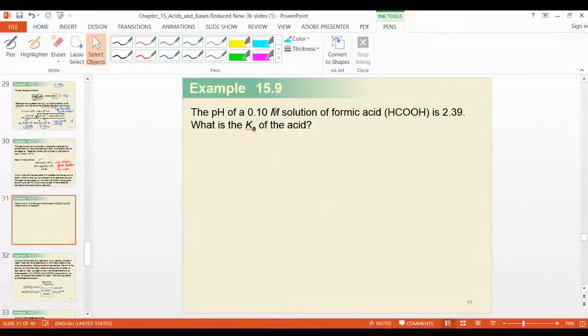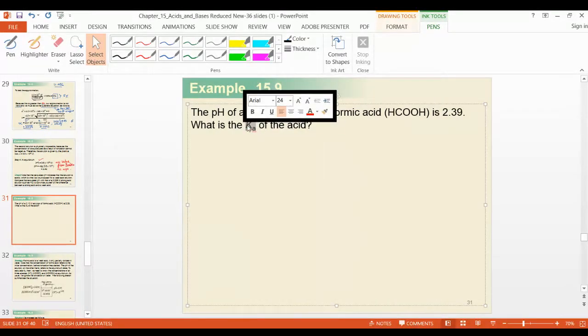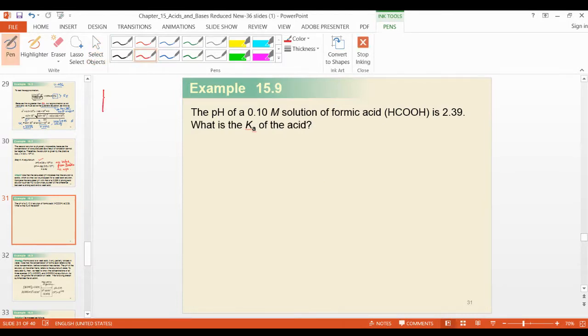The question is to determine the pH for this concentration, right? But no, the pH is given here. This is the pH, and you have to determine the Ka. It is a different question now. So first of all, you have to calculate the hydrogen ion concentration. If you remember the previous formulas: if pH equals negative log of hydrogen ion concentration, then to calculate the hydrogen ion concentration, it should be 10 to the power minus pH. Clear? You will use this formula here.